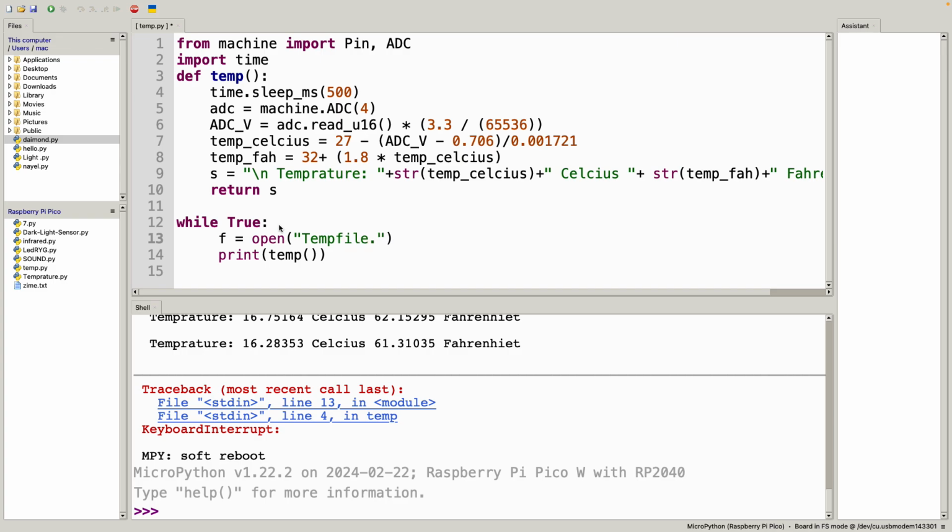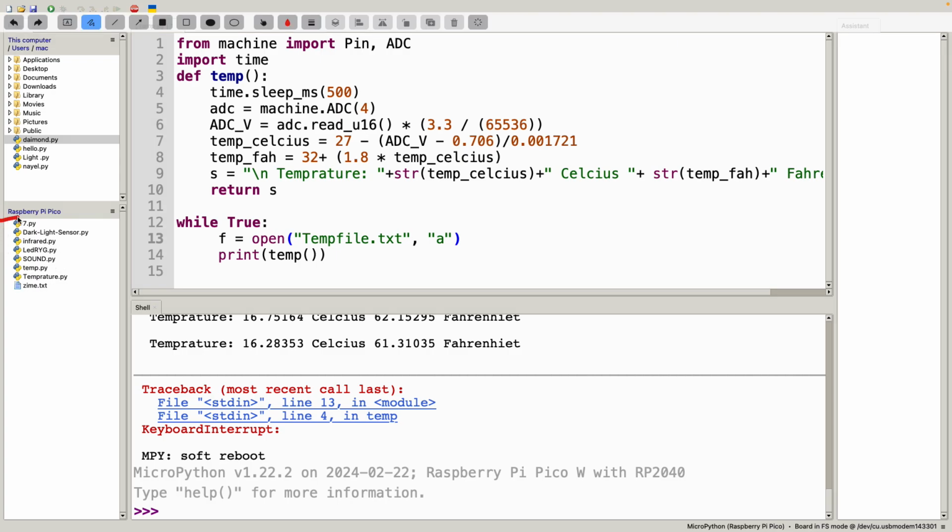Temp file dot text. Okay. And here you have an append mode, because you want to open a file in append mode, temp.txt. Okay. See, there's no temp.txt here, right? As you see here. The moment I run this, the temp.txt will appear here at the end probably,